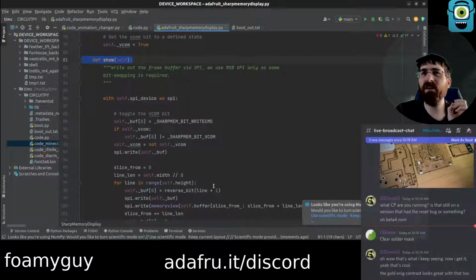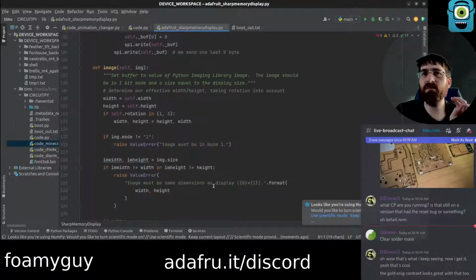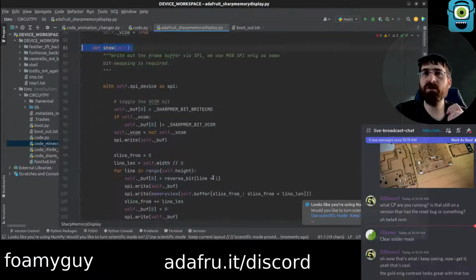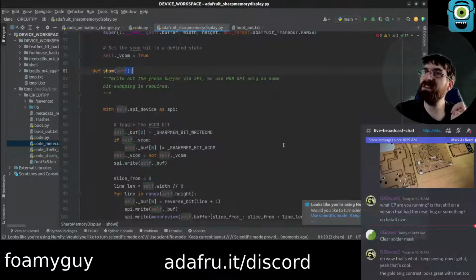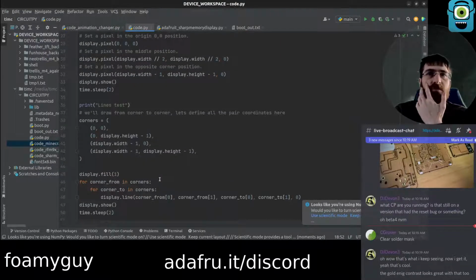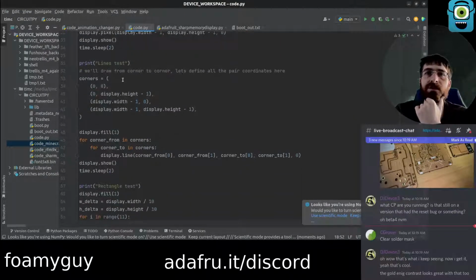This is not the same thing. This has a method called show, but this is not the same concept because this doesn't take a group. This is more like old school display where you can set pixels.